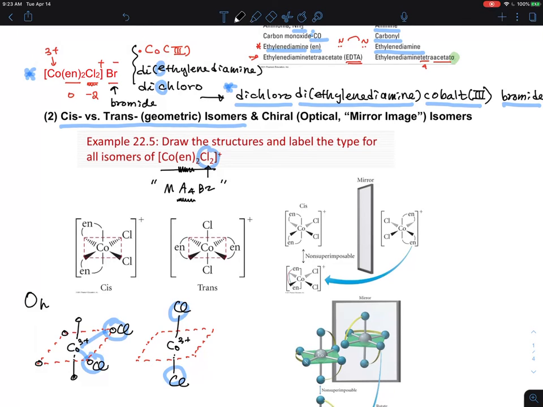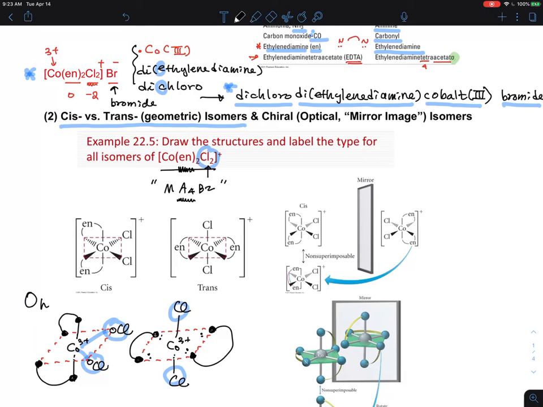So once you put this one up, you have to connect these two dots. I'm trying to show you this ethylenediamine. One is in the axial axis and the other one is in the plane. So these are the two enes, whereas in this one both amine nitrogens form the complex like this, and their lone pairs are essentially facing towards the